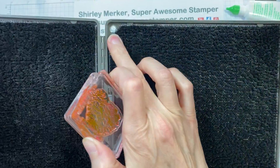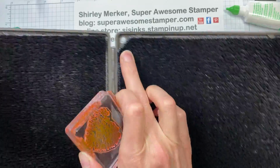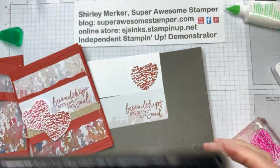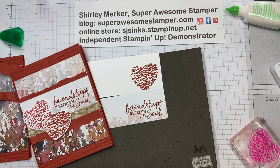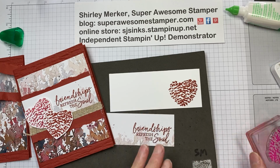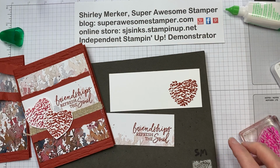And taken that silver Sharpie again and highlighted the sun and written dry on that side. So I know which side is wet and which side is dry when I clean my stamps. All right, so now next up is going to be